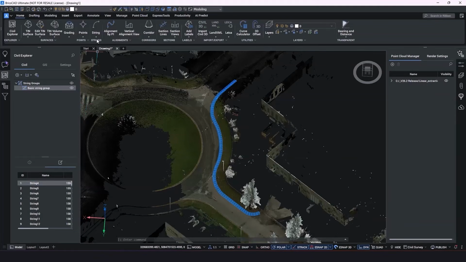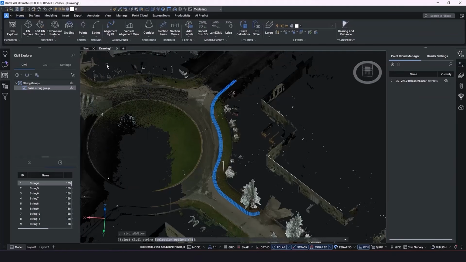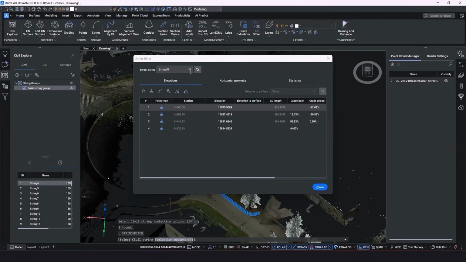These can be edited. So if you go to string and then look at the string editor, we select string, enter. We can select strings and edit them just as you would for any other type of Civil string.